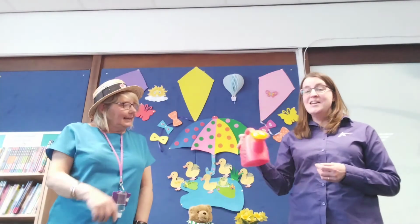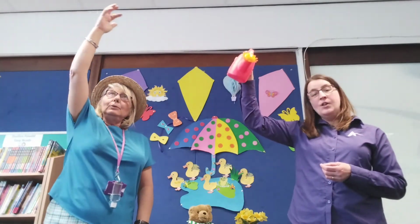Sprinkle, sprinkle, watering can, sprinkling things all over the land. We can sprinkle way up high, we can sprinkle way down low. Sprinkle, sprinkle,